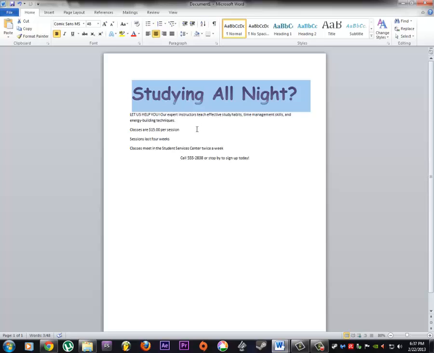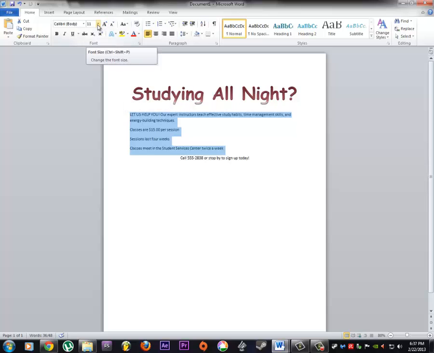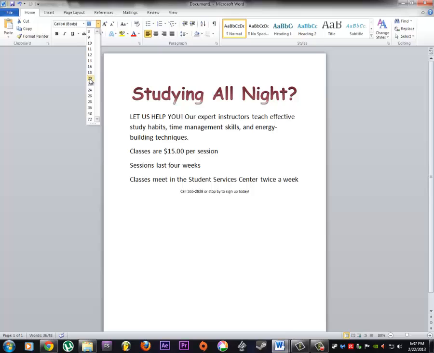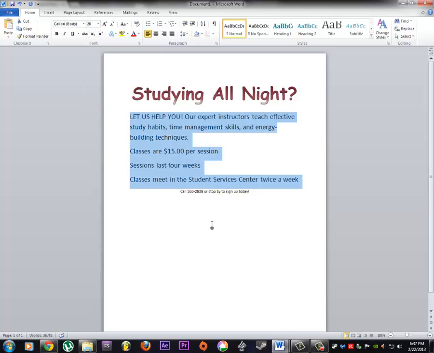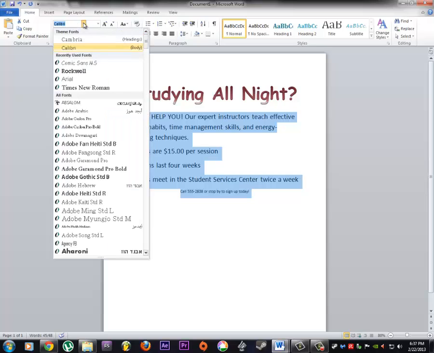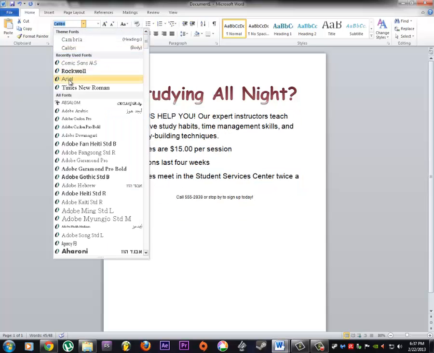Okay, and then it says change the font size of the body copy between the headline and signature line to 20 point. So that is, here's the signature line, here's the body. So I'm going to highlight all of that. I'm going to go back up to my font size, and it wants 20 now, so I'm going to hit the 20, and that's going to largen it. And then it asks me to change the font of the body copy and signature lines to Arial. So now I'm going to include this one and highlight it, and I'm going to click Arial next, or however you say that,